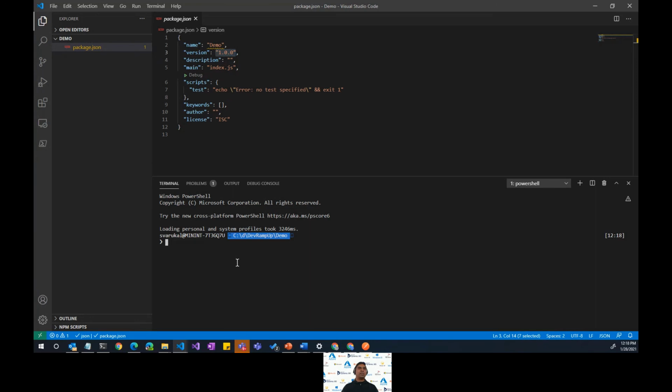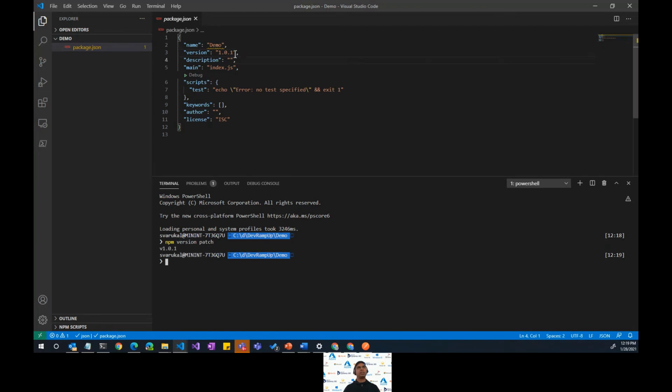So this is the version number that we are talking about. Let's say you want to increment the number. You could do it manually, but in a real scenario, you need to automate it in some fashion, be it through gulp tasks or through your pipelines. To bump up the number, you can do npm version patch.